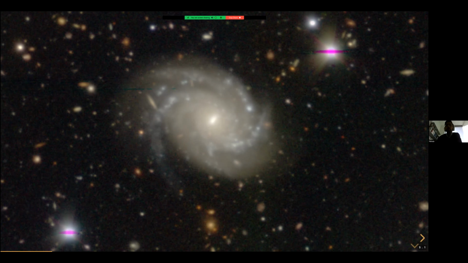So I'm going to go back to this picture of the sky where you see this nice big galaxy here and the background galaxies over there. So one of the things that we need to do to analyze these images is separate out the light from each individual object.